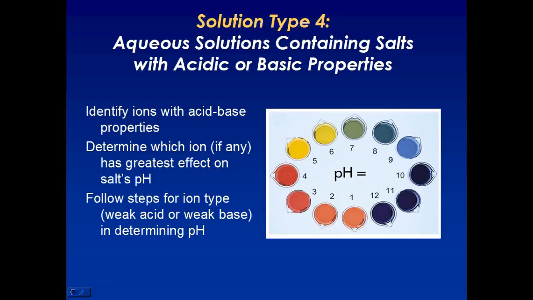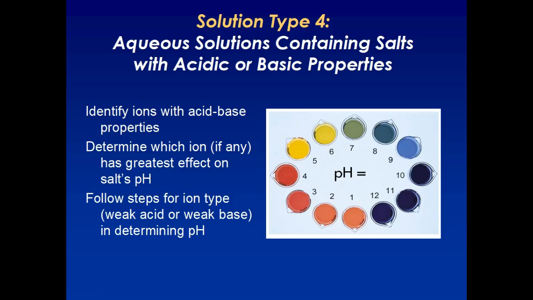Alright, so this last type of solution is going to piggyback on what we already talked about with acid-base properties of salts, but we're now going to see how we can quantitatively determine that they are acidic or basic using the same things we've done with acids and bases so far, and pH. You're still going to have to figure out which ions have the best effect on the pH, and since those are mostly going to be weak ions, you're going to have to use your Ka and Kb values to determine